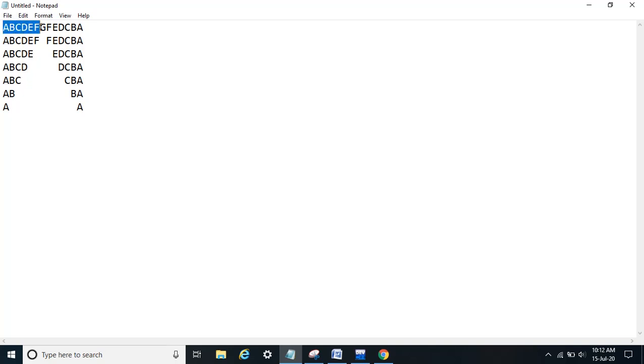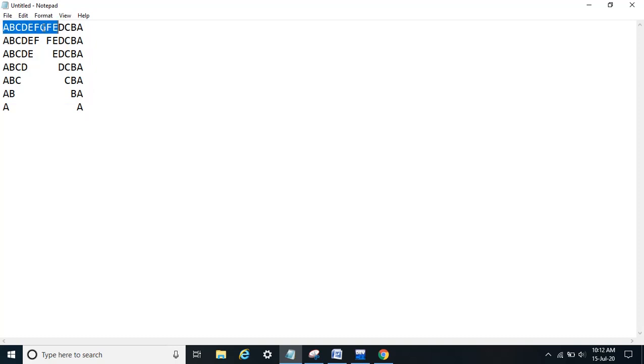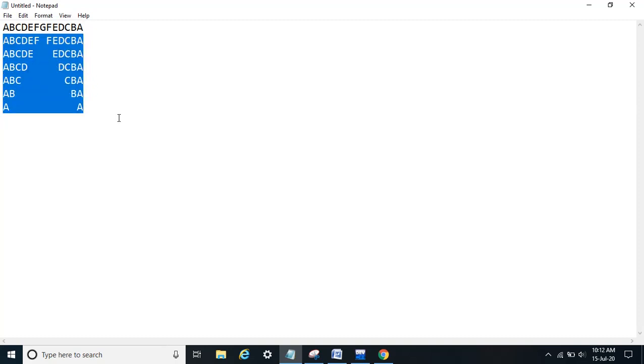But in this first row, we don't have this double G here. If we had 2 G's here, then the whole thing would follow the common pattern. So this first row is not complying with the pattern of the whole. So let's print it as it is without including it in the logic part. First I will print this first row as it is, and then we will build the logic for this part.